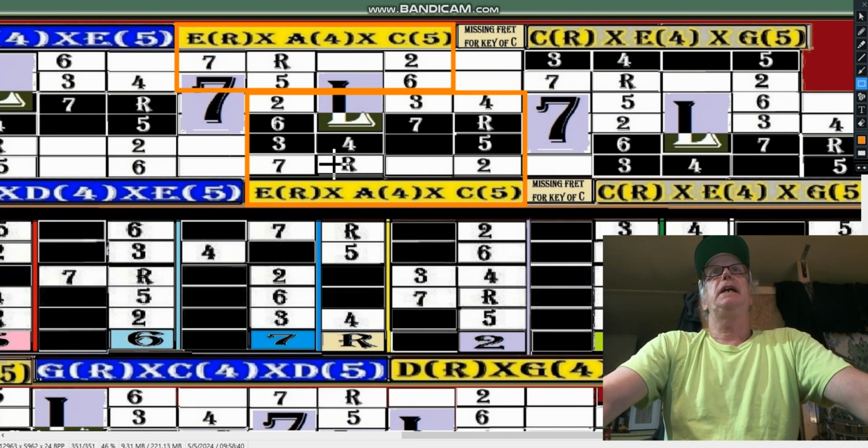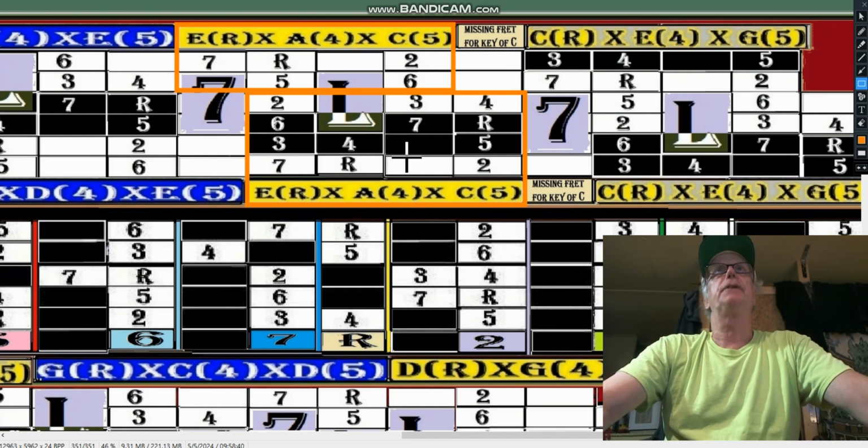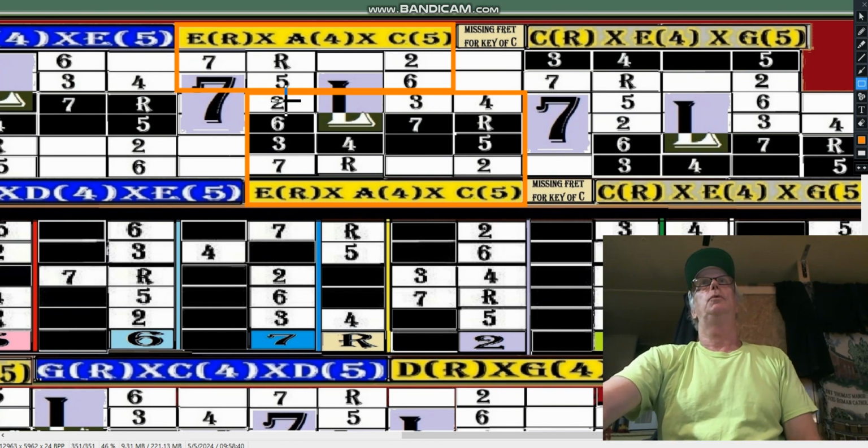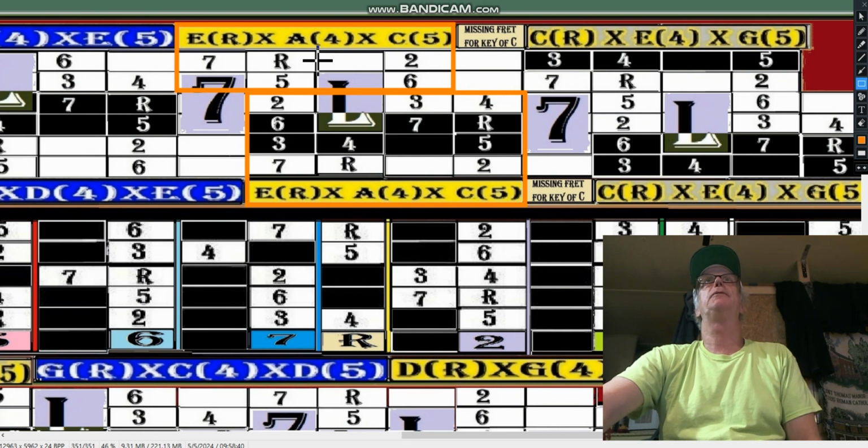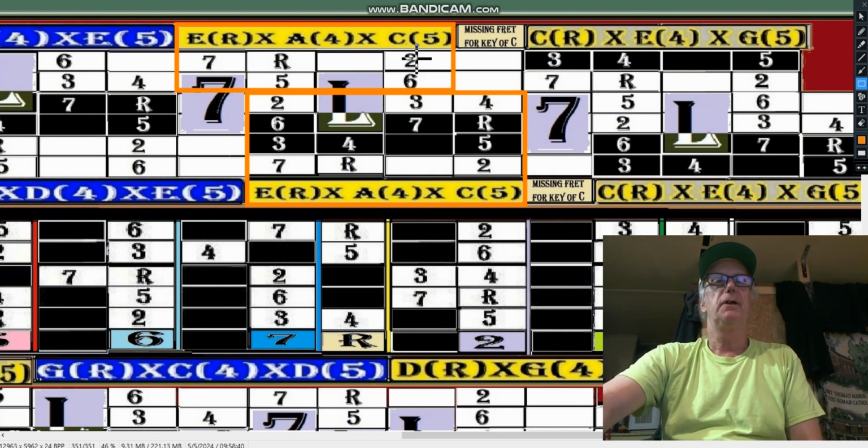Now we can identify the patterns involved here. In the black, what do we have? S2L, 3, 5, 6 root. Up here, what do we have? We have 2, 3, 4, 5, 6, 7 root 2. That's an S3L. Okay, it's an S2, S3S right here, pentatonic. Okay, and then up here we